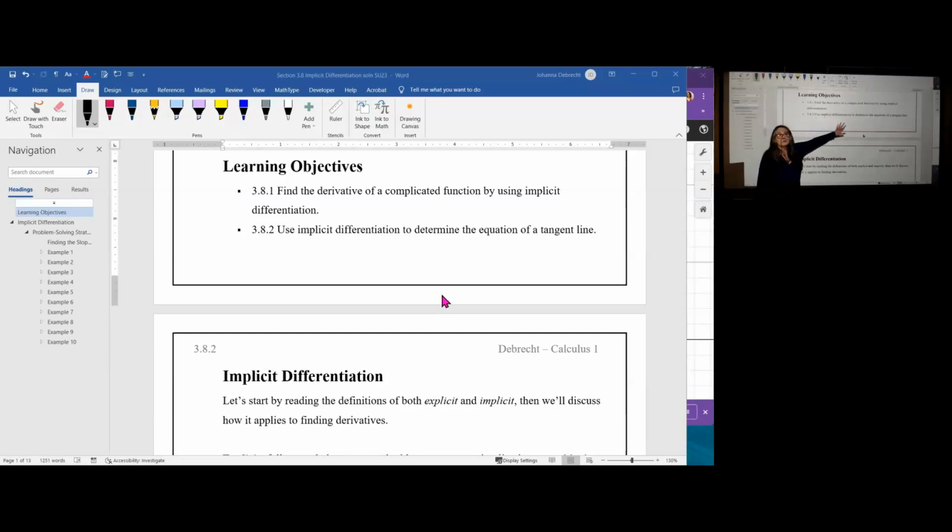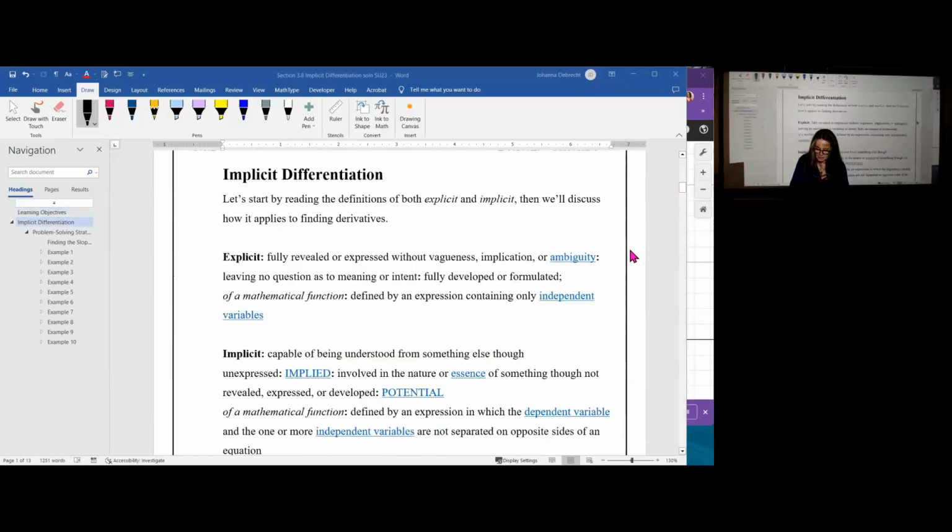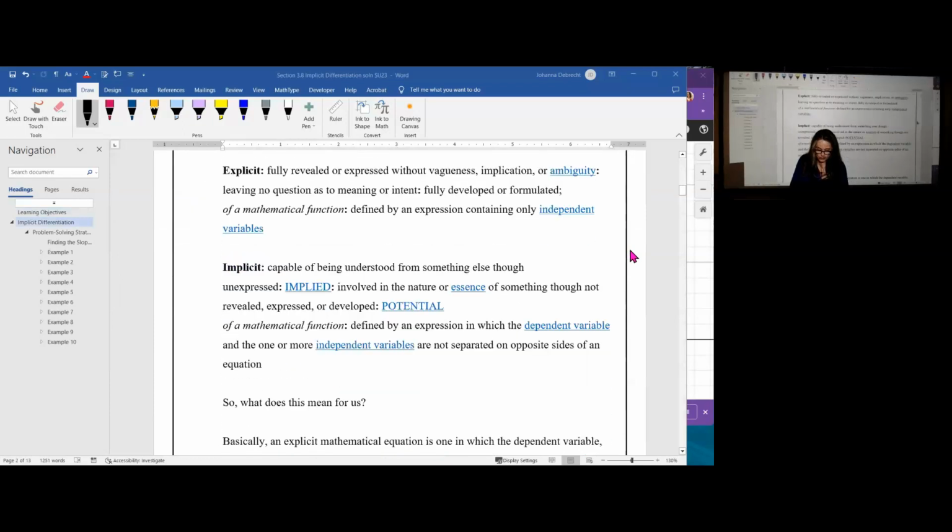Then, of course, we'll use this to find the equation of the tangent line after using implicit differentiation to find the derivative, the slope of the tangent line. Let's start by reading the definitions of both explicit and implicit, and we'll talk about how these apply to the derivatives. Explicit is something fully revealed or expressed without vagueness, implication, or ambiguity,